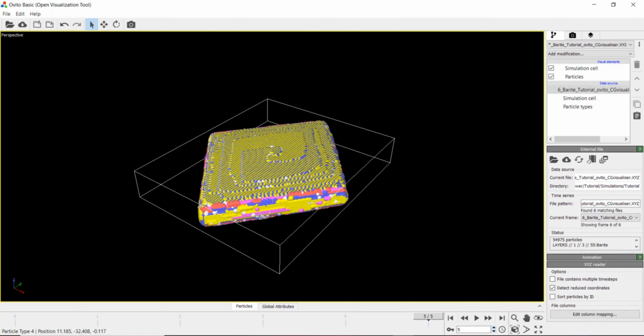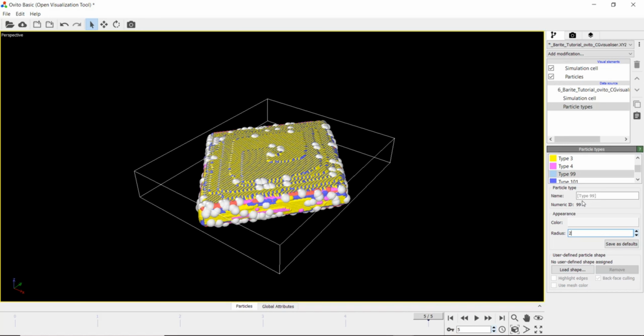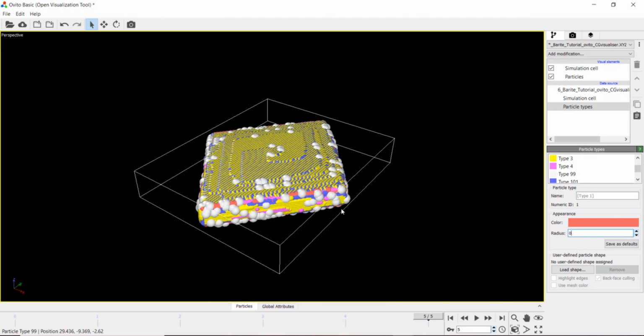You can see we've got these extra white spheres on the surface. These are represented as species type 99. So if you want to change how they're displayed in a viewer, you can choose type 99. And let's make them a bit bigger. So that's all of our poisons attaching to the surface. But you can see compared to the previous simulation that it didn't really make much of a difference to the overall morphology. If we poison some more sites, or change the frequency and residence time of the poison, we'd see